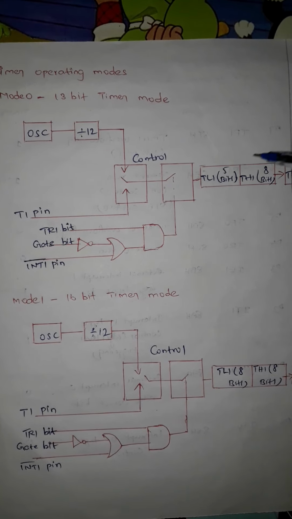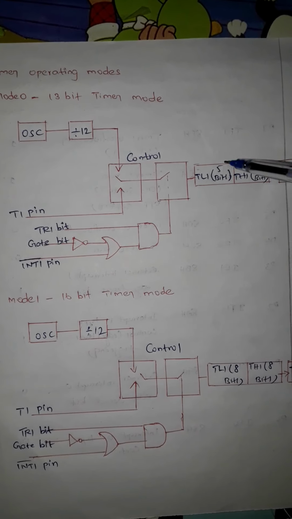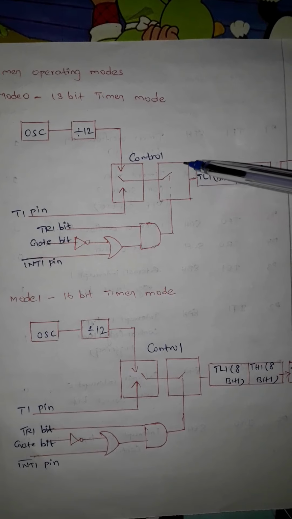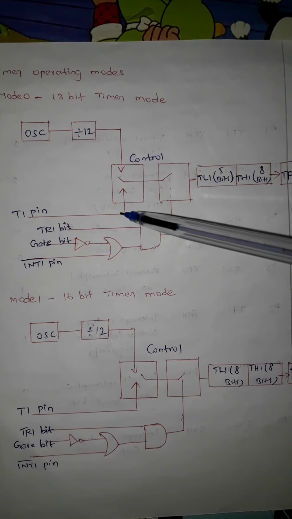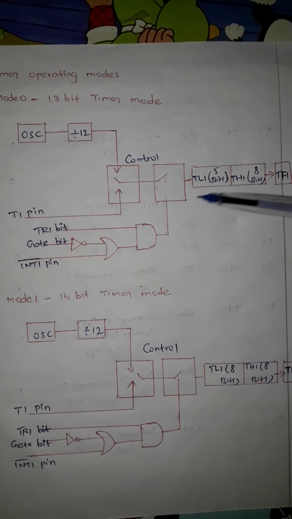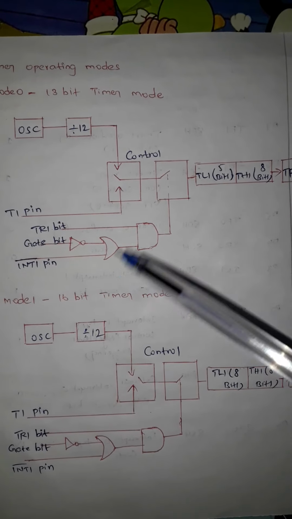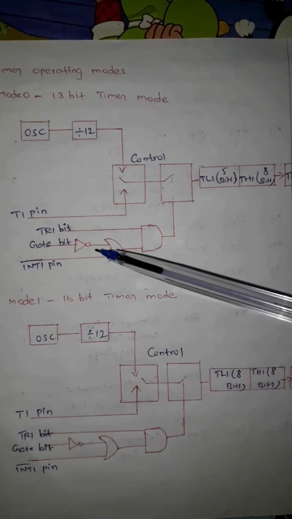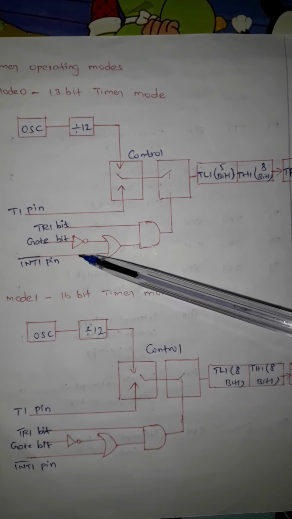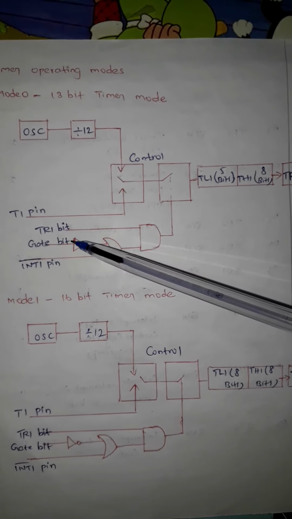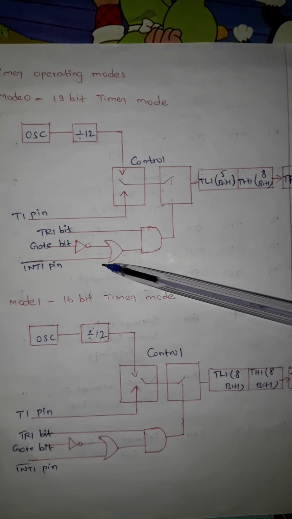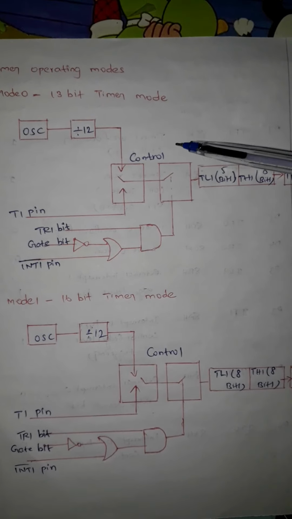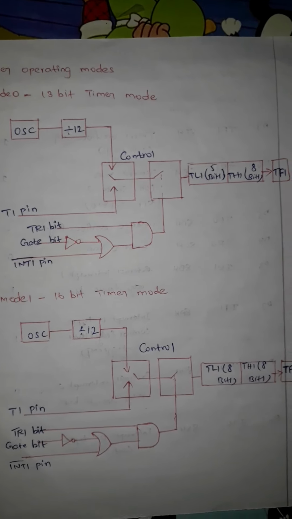And then this TR1 is a timer run bit, and it has to be set to 1 for timer on. If this bit is set to 0, then the timer goes to the off state, and no operation is performed on the timer. So for making the timer on, this TR1 bit always should be 1, so that the timer goes to the on state. And this gate bit, we have already seen that this gate bit has to be set to 1 for counting the interrupts. In case this gate bit is 0, then this interrupt count is disabled. So this is the control part for the timer. The control part for the timers is the same in all the modes.